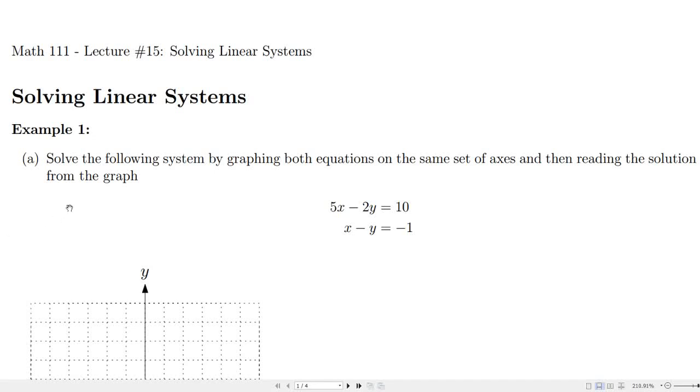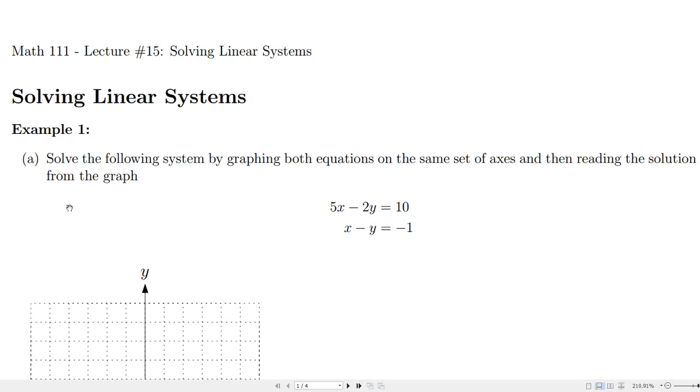So in this next section, we're going to be solving linear systems. This is where we have several linear equations and we want them to simultaneously be satisfied. Now, if you're talking about two lines, they will be simultaneously satisfied where they intersect. So one way that you can solve a system is you can graph it and figure out the intersection point